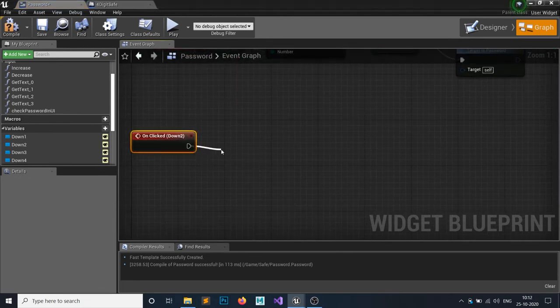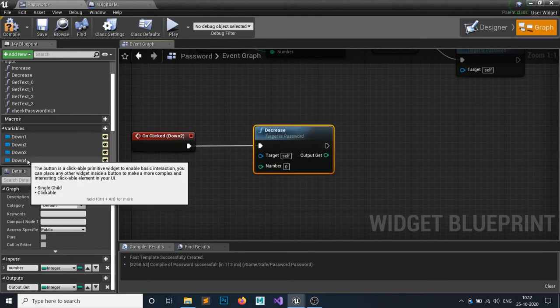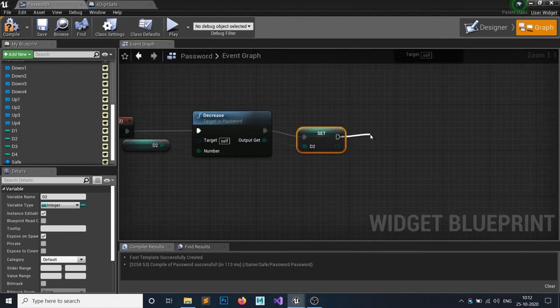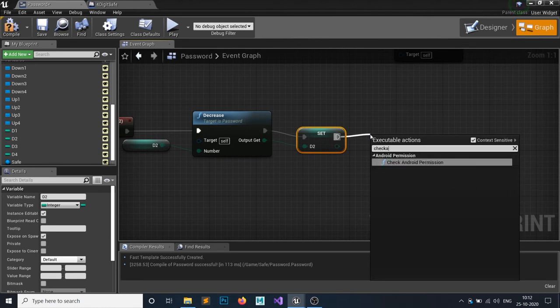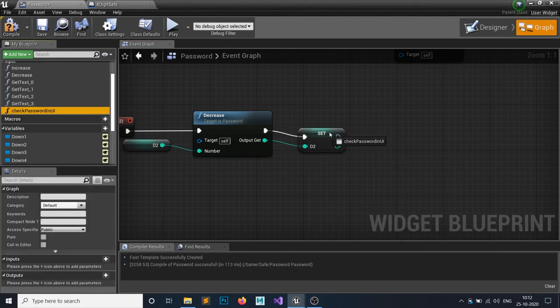For the down, we want to decrease the D2 and set it to here. After that, simply check this password.